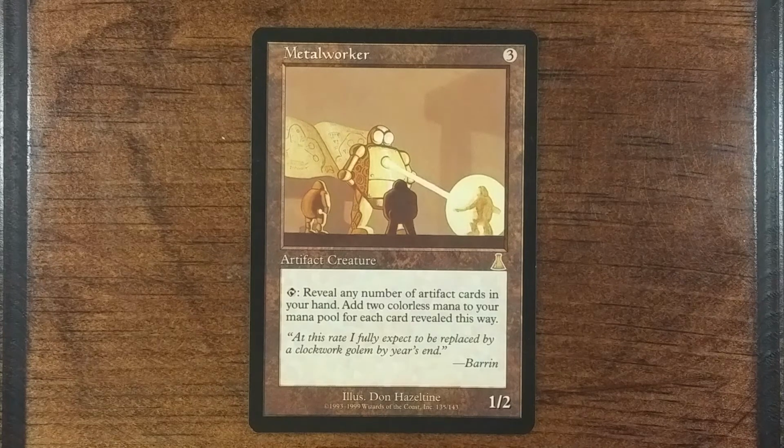It can even work well with red because its effect, getting that much mana, works very well for X spells, but also you can use it with the activated abilities of a lot of artifacts. As long as they're not mana abilities, you could even use Kurkesh, or you can even use Pia and Kiran Nalar with activated ability to turn all your artifacts into damage if you needed to. So Metalworker just basically speeds up any artifact